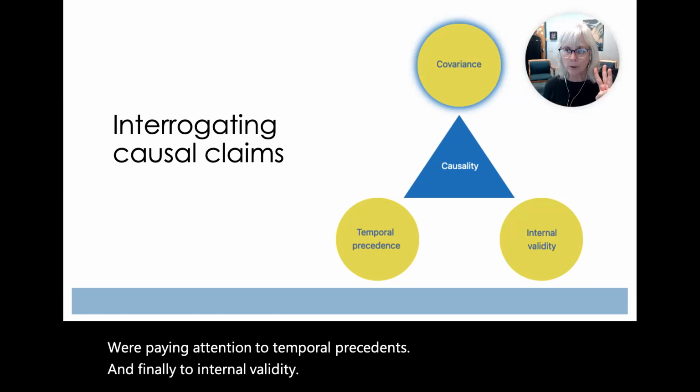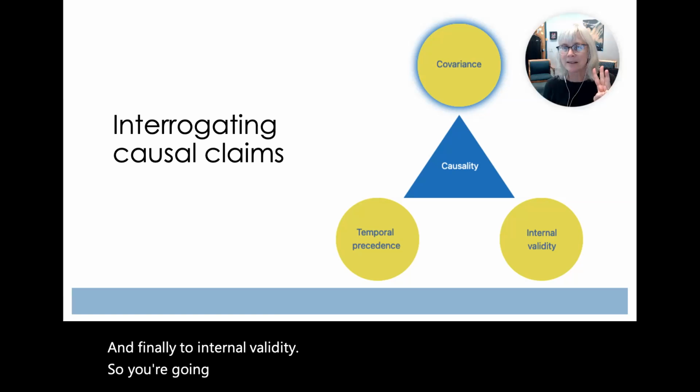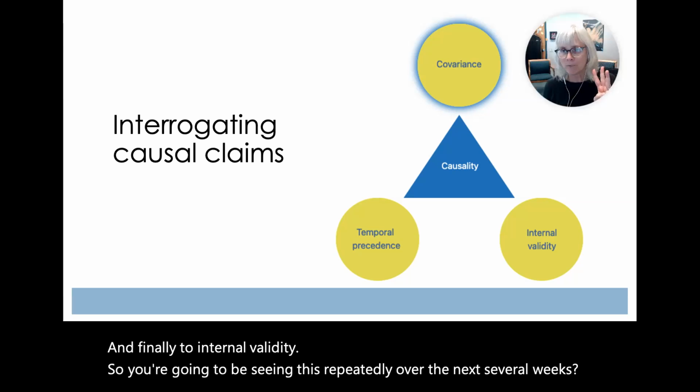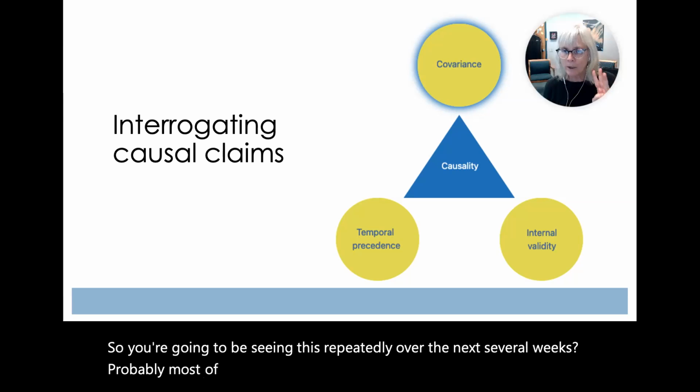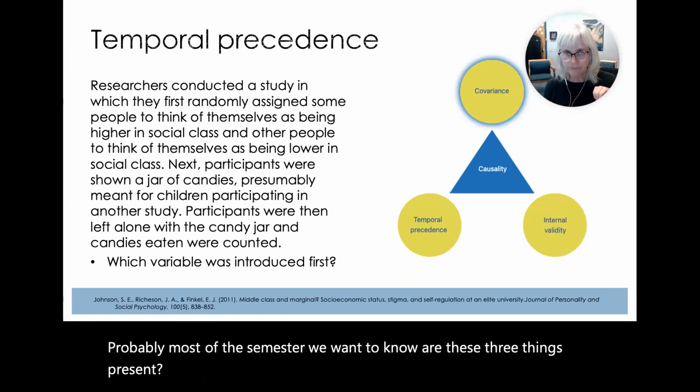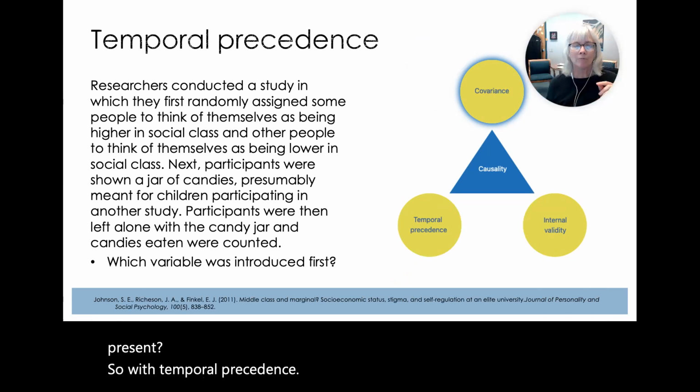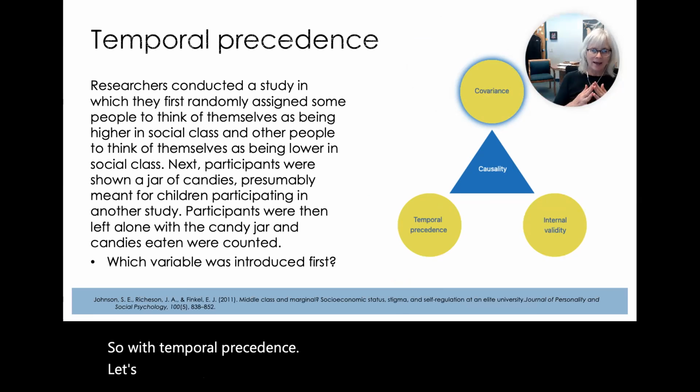You're going to be seeing this repeatedly over the next several weeks, probably most of the semester. We want to know, are these three things present? So with temporal precedence, let's look at a study on